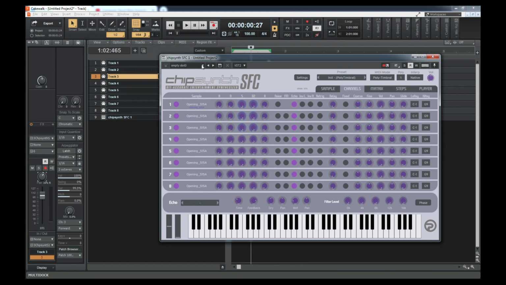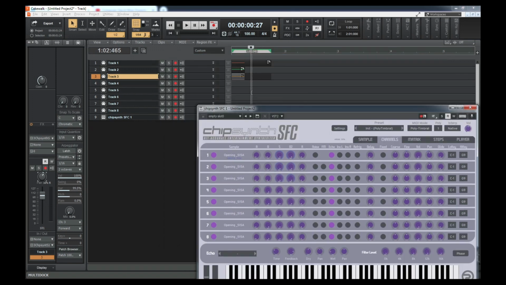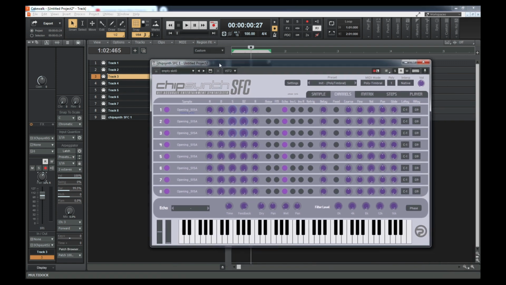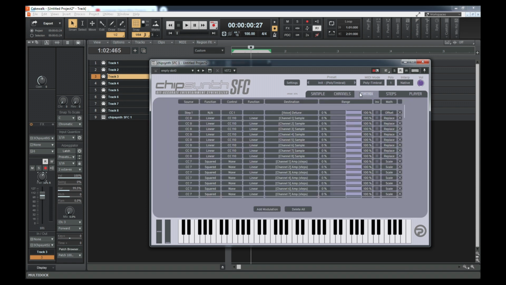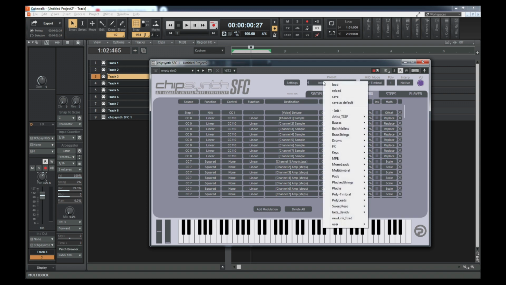It allows you to treat everything like it's a sound font, or treat it like how the original Super Nintendo used to treat it. The patch changes you can change in the middle of the song, of course. But the only problem with this mode, it could be a feature in the future, is that the drum kits can't be really done this way. I mean, you can set in the Matrix mode a key range where you can set different samples to the higher the notes you play, and of course you just tune the samples to play the correct sounds when you hit that key. The other thing you can do for drum kits is set it to